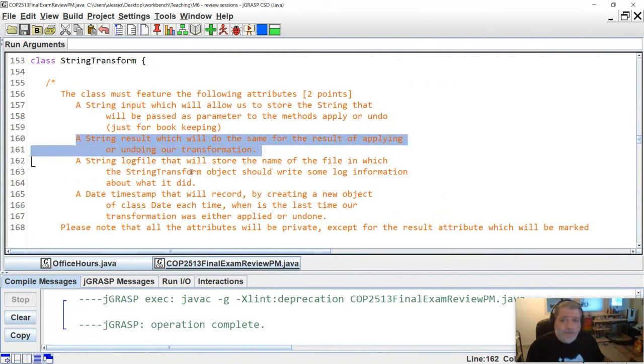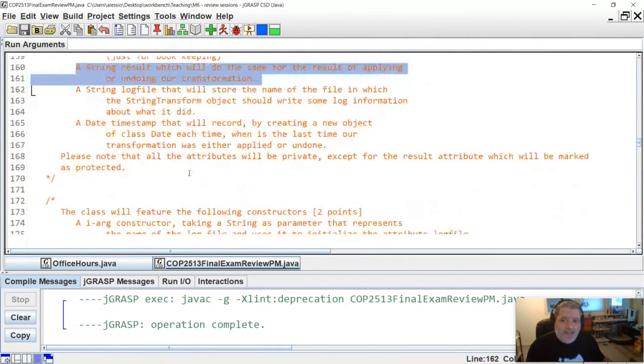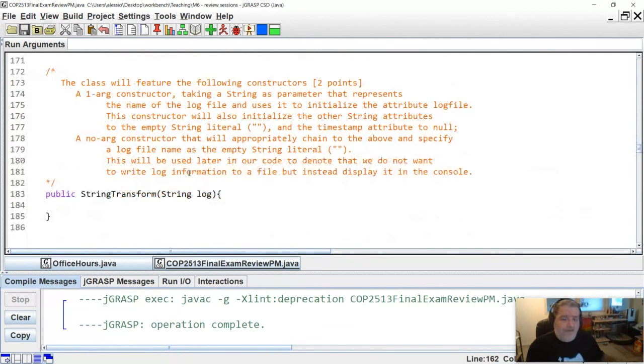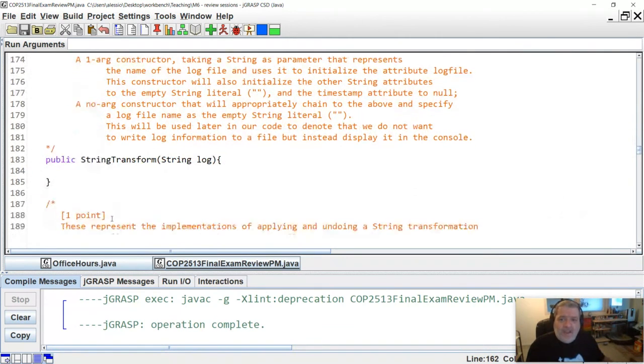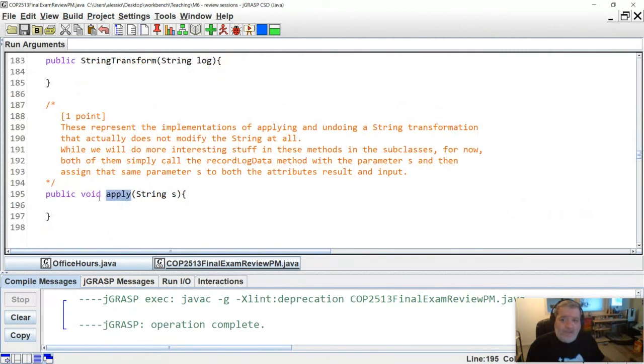So you remember when we were applying to the same series of strings, every object in our series of transforms, I told you the apply method, that one doesn't return a string. That's the one I was talking about. So this one doesn't return a string once it's done applying its transformation. It just stores it inside